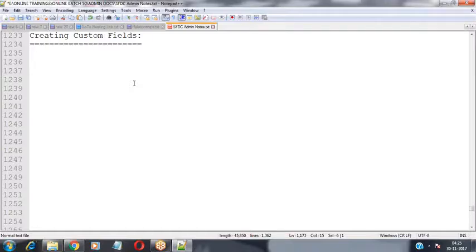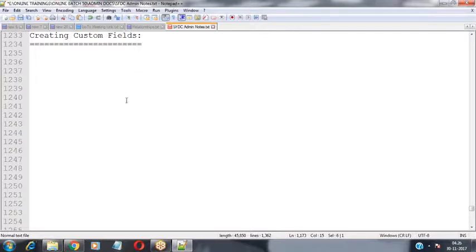Salesforce is purely implemented based on ORM technology, object relationship mapping. Whatever operations you perform on the object level will be reflected on the corresponding dependencies. So how do we create a field inside the object?